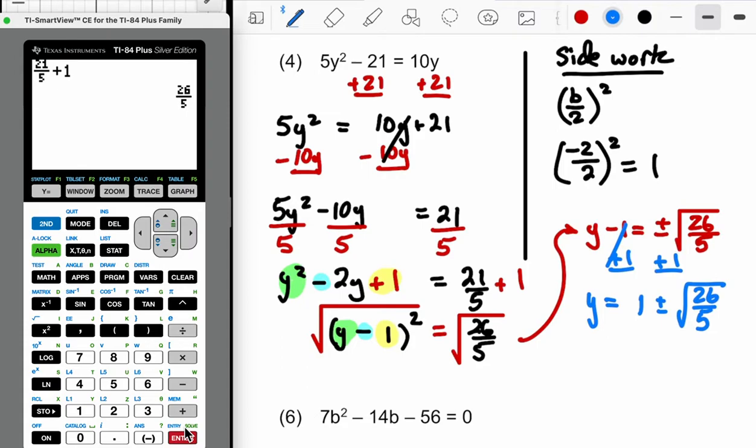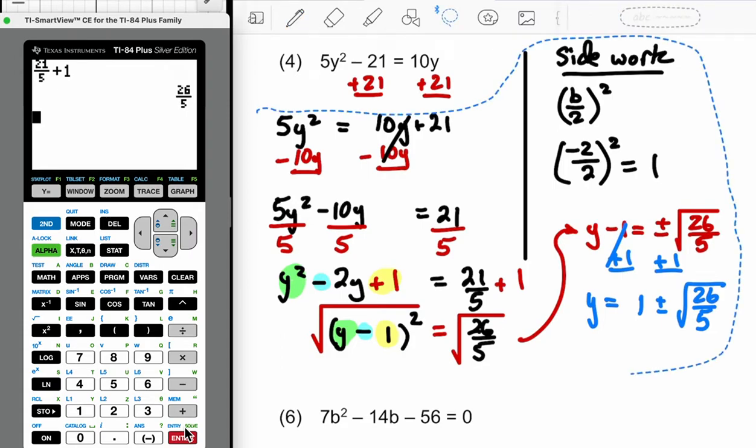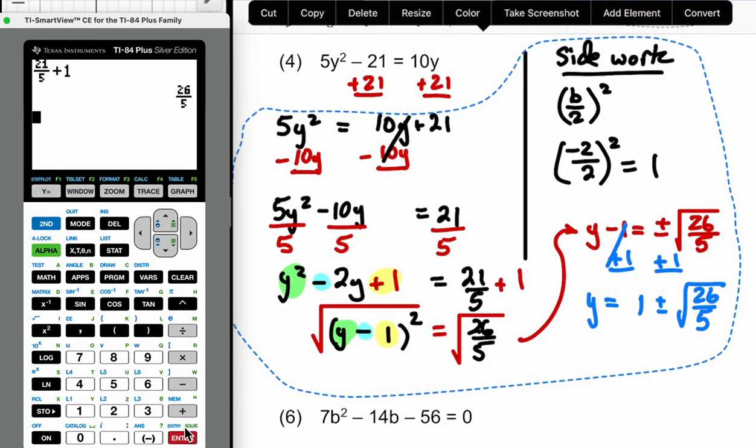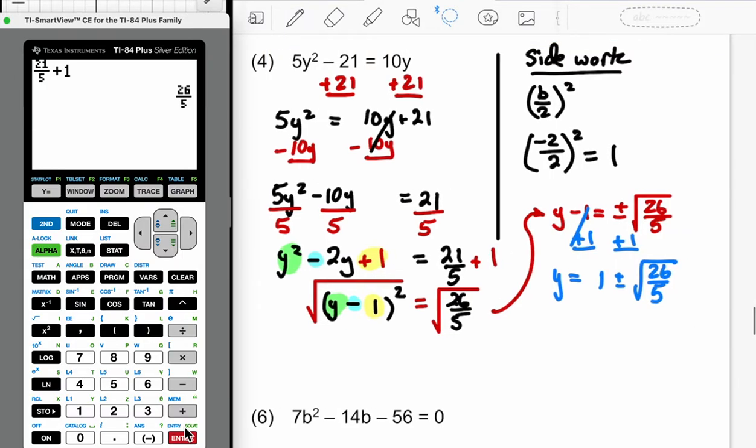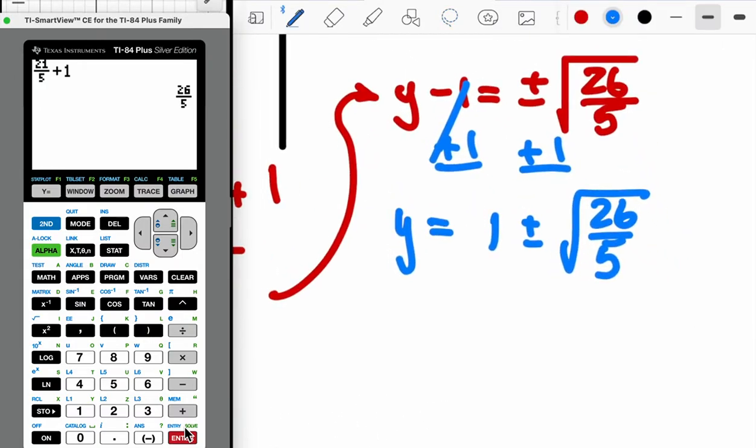Now, if I did need to rationalize, let me just show you because I know it's a tedious extra step, but you could be expected to do it in some circumstances. I mean, I'll just be upfront about it. I'm definitely going to expect you to do it. It's just a question of whether the Regents is going to expect you to do it. So if you needed to rationalize,